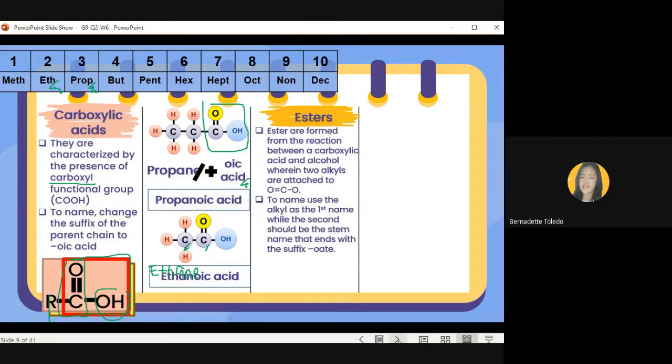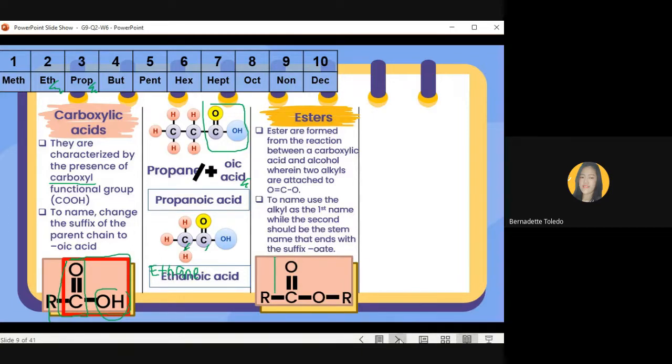So to name the esters, you will be using alkyls. So for the first name of alkyl, you need to name the first alkyl. Then the second alkyl should end with -oate to identify that this is an ester. So the general formula for esters is this one. So as you can see here,